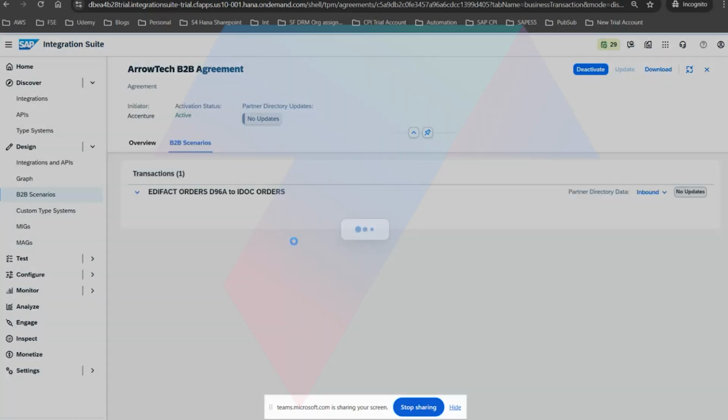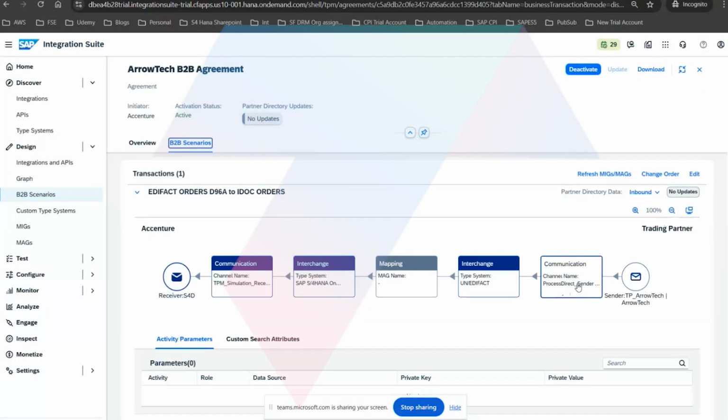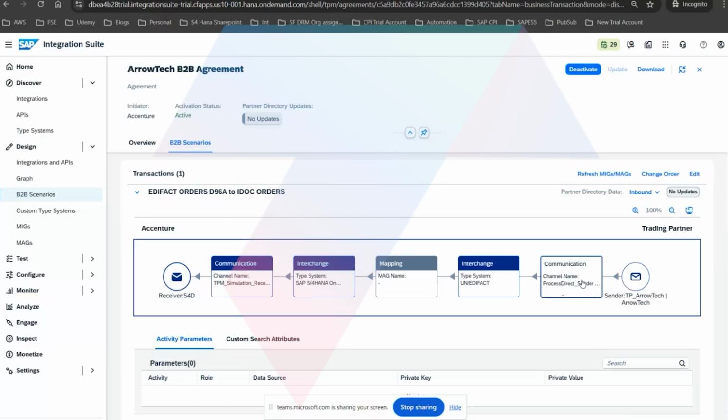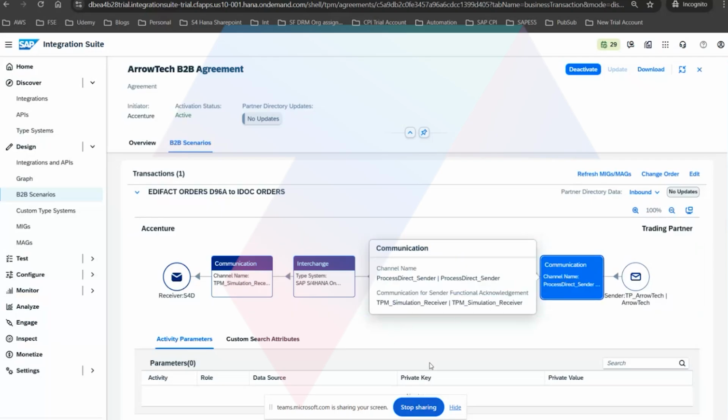And then if you come to B2B scenario, there it was the communication, we have kept it blank, right? Here I was sent a channel. So sender process direct adapter తో EDIFACT interchange ని సెండ్ చేస్తుంది రిసీవర్కి. And whatever mapping we have, if it is there we will be enabling that, but since it is not there, I just kept it as blank. And then CPI, how it will send it in IDOC format. IDOC version కి receiver కి ఎలా ఉంటుంది via process direct, via TPM simulation receiver, and it will go to the S4D. So I just added,